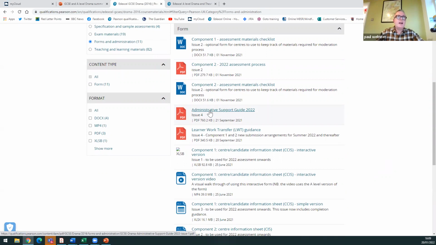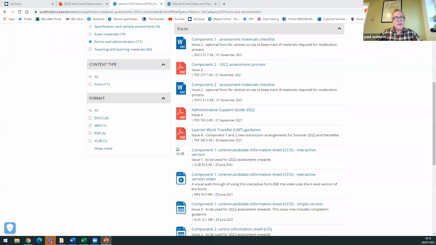And if you haven't, then have a look now, because that's got all the dates and the details of what you need to do. It's got the information around choosing your sample, because for GCSE, if you've got a large size cohort or class, then you will be choosing the sample yourself.